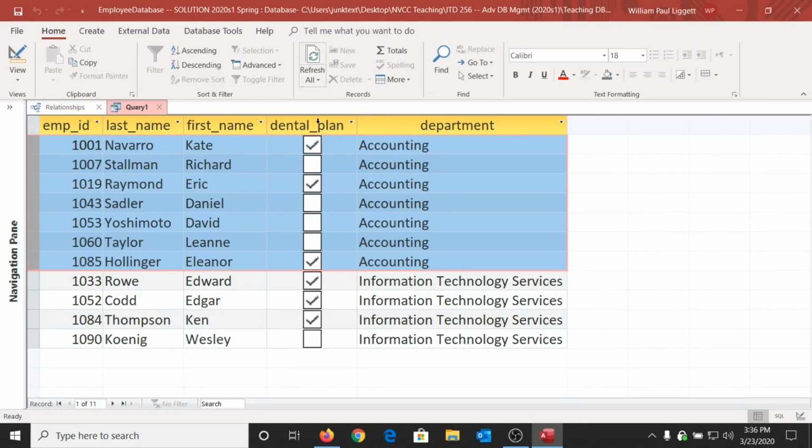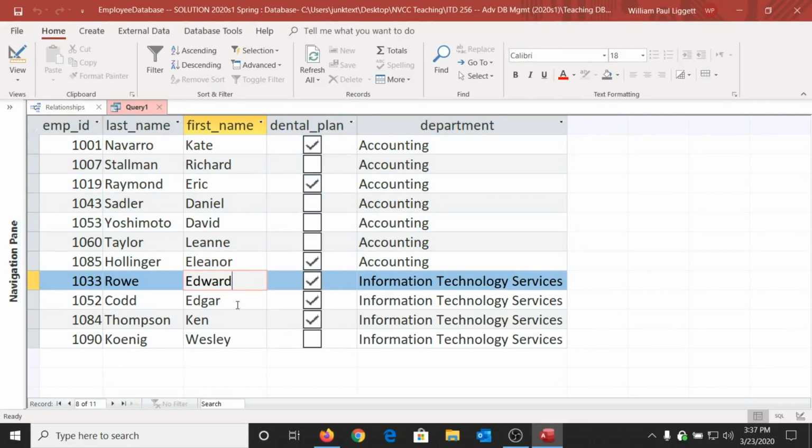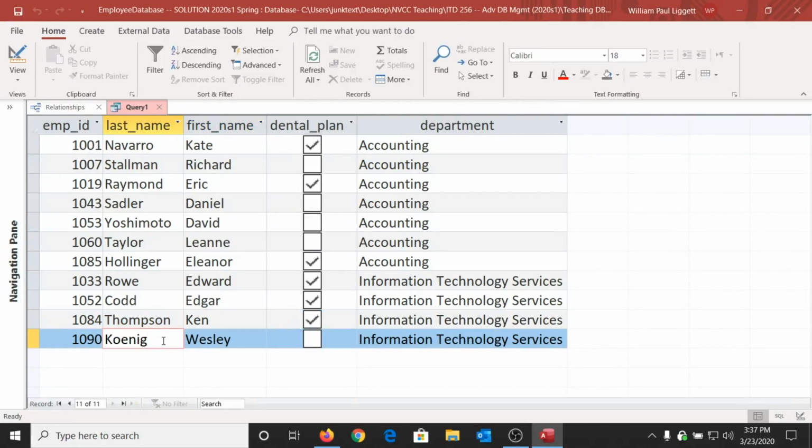And we just want to know if they have a dental plan. It doesn't matter if they have it or not. We just want to know, like, from these 2 departments, what's the deal? Who has what? Okay. Who actually has a dental plan? Who doesn't? They want to know. For some reason they need to know this report. Okay. So in the IT department, Edgar Rowe or Ken Thompson and stuff like that, they do have dental plans, but then like Wesley Koenig, can't say that,